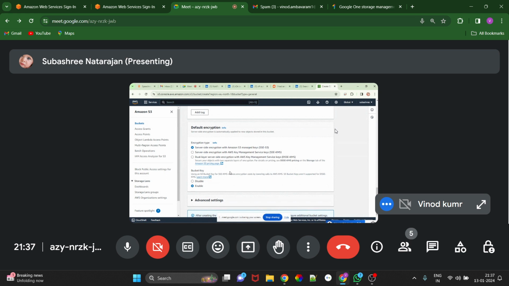KMS usually does the same encryption side only, but it provides a secure and centralized way of managing keys. We can call them cryptographic keys. These keys are generated and stored, and used for both encryption and decryption.